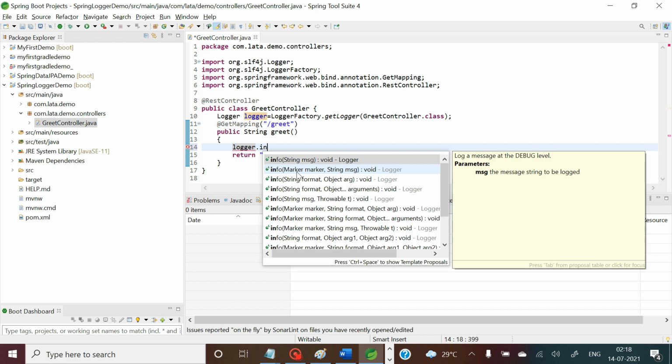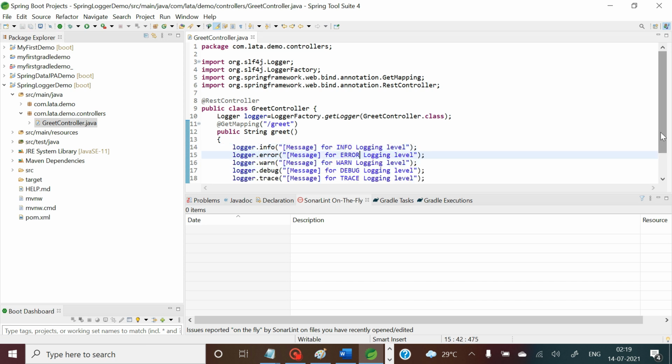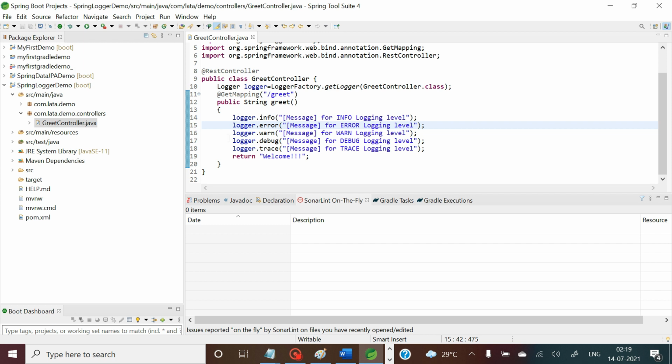First is info, so logger.info, and let's say this message is for the info logging level. In the same way I can add for all those 5 logging levels; I have written some messages over here. So let me just execute my application.